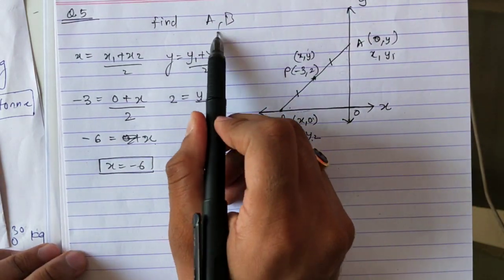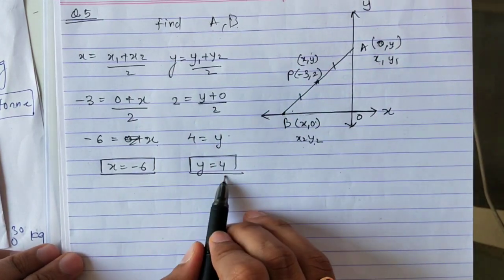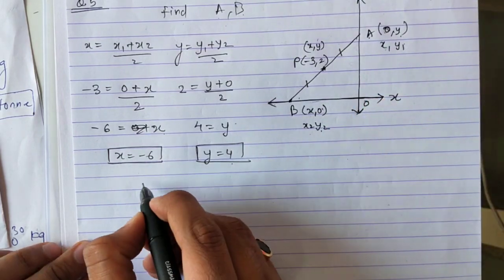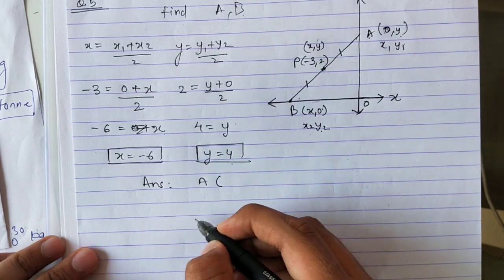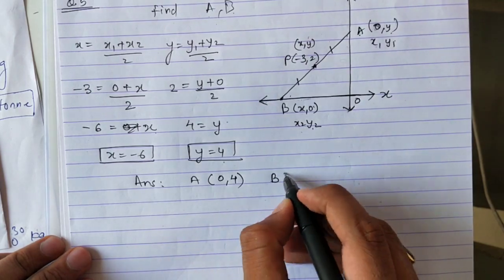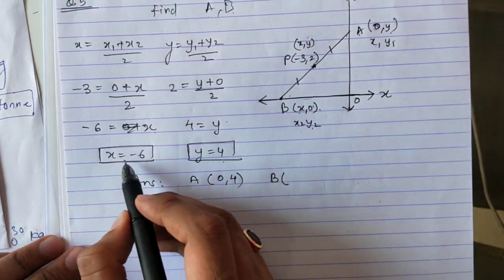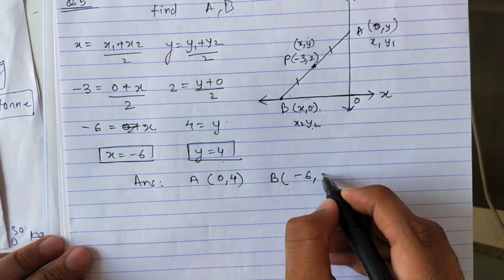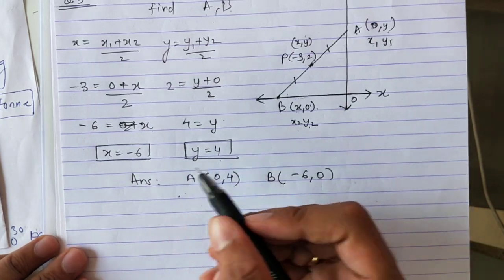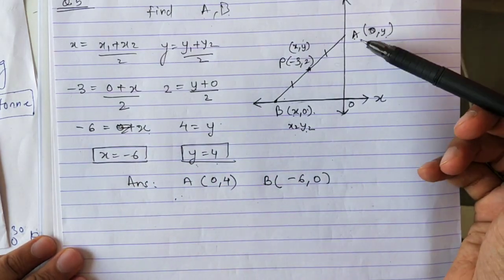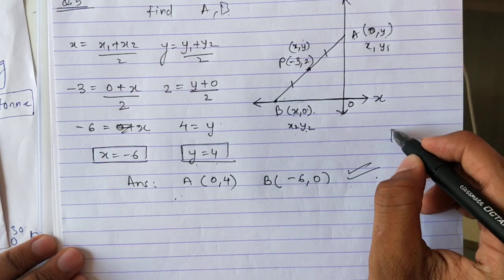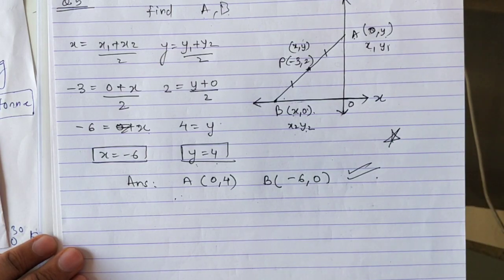What was asked in the question? To find the coordinates A and B. We have the value of x and y, but understand, A is what? 0 comma y. So final answer, coordinate A is 0 comma y, and I got y as 4. B is x comma 0, so x is minus 6, so minus 6 comma 0. This is my answer. Don't stop here, because this x and y are separate values. One is the value of A and one is the value of B. I hope you have understood the sum. Very important sum. Copy it down.